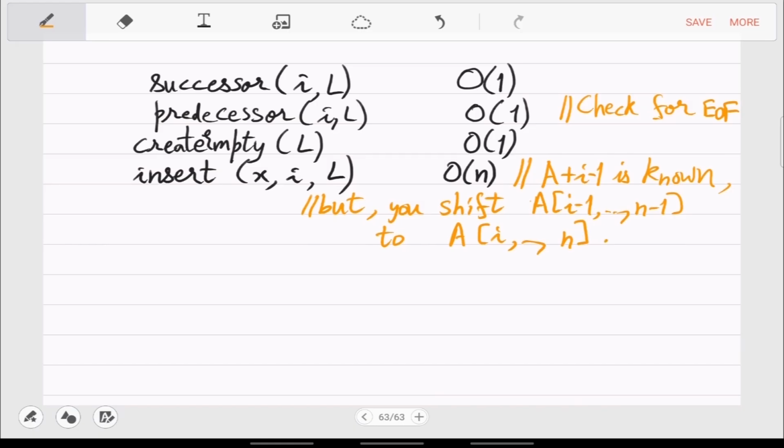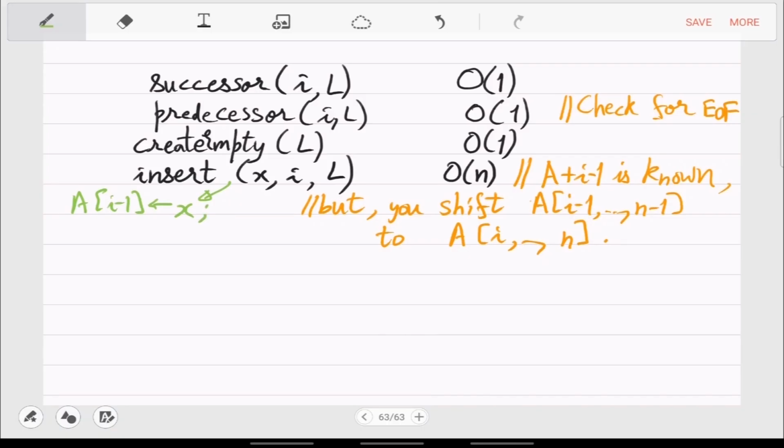Okay, these are the implementation details. Let me write what this means actually. This means that you want to set A at I minus 1 to x.